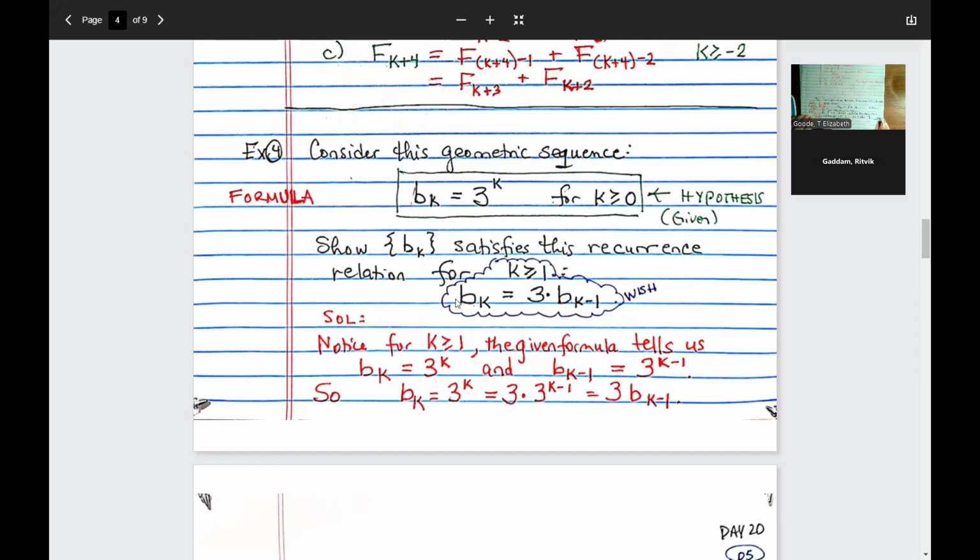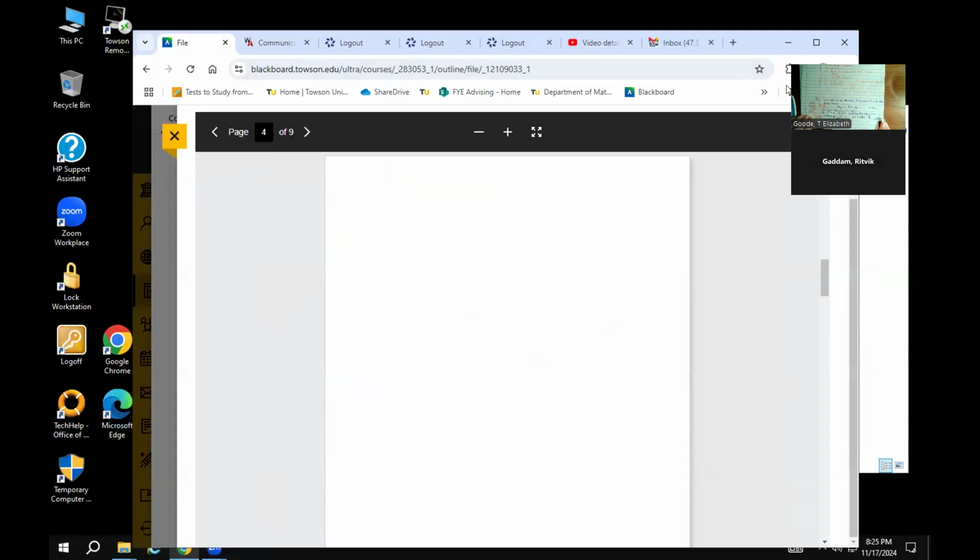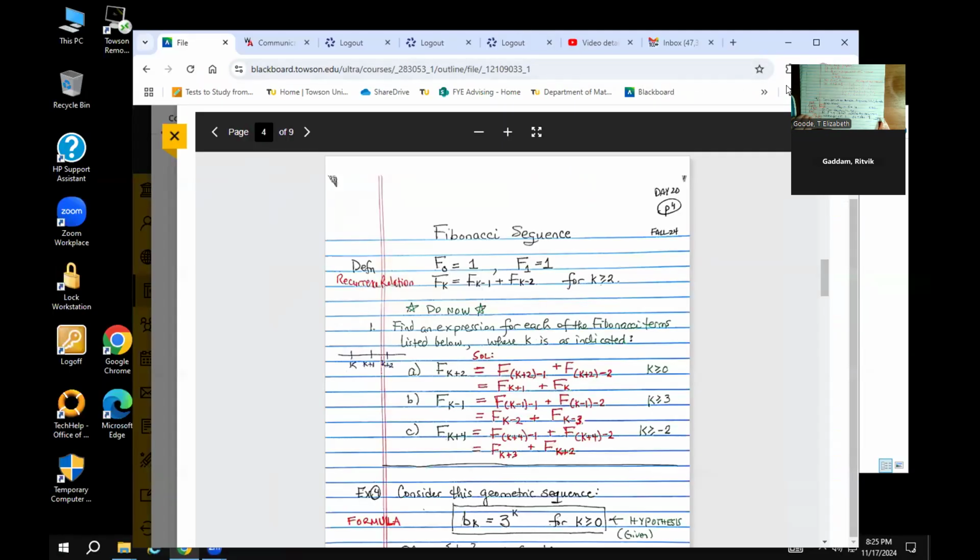This recurrence relation works for geometric sequences. See how we have to multiply, because in a geometric sequence, the way we get to the next term is we multiply the prior term by r, the common ratio. So the recurrence relation looks a little different. But in an arithmetic sequence,